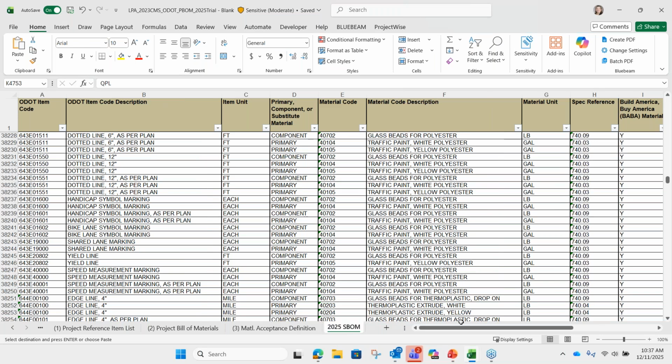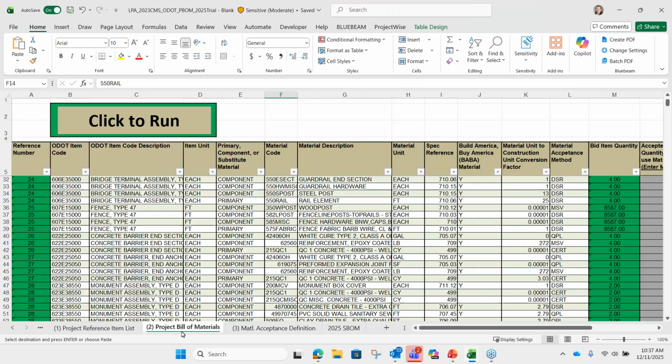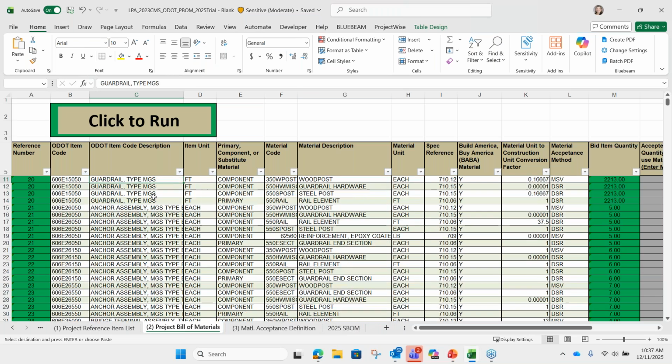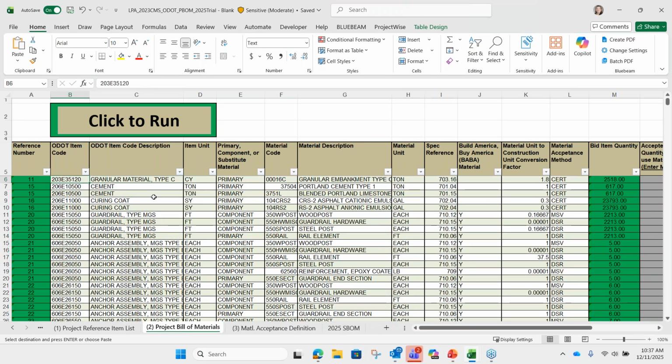And another note is that if you do have any items with no materials, or that maybe just their item code doesn't exist in this sheet, a value won't be returned in the actual project bill of materials. So if there is something that you're looking for in this sheet, they should be automatically sorted by the reference numbers, but it won't return